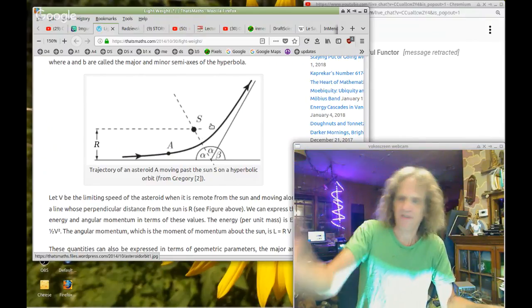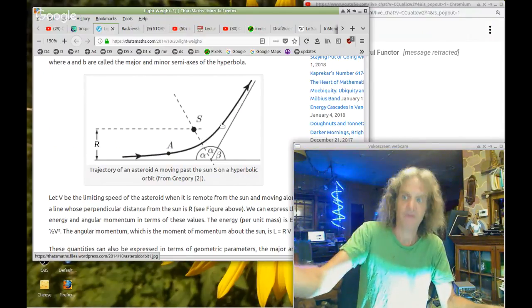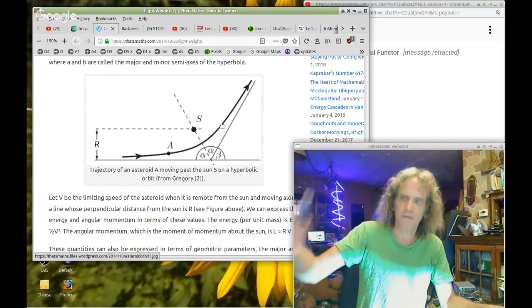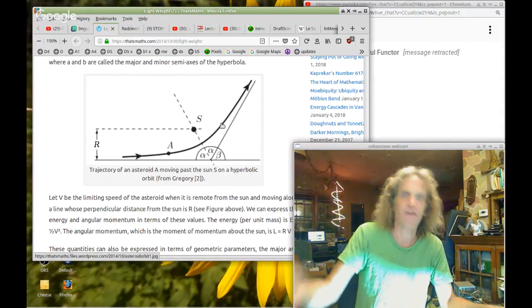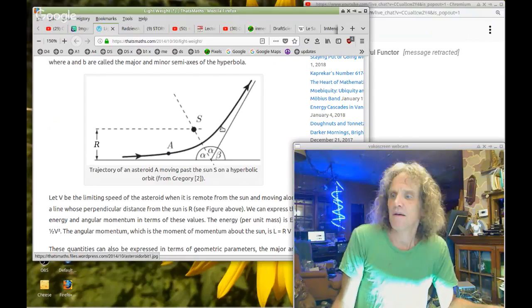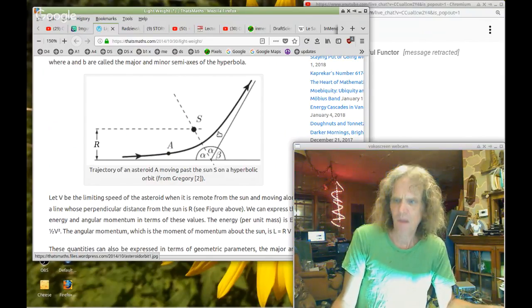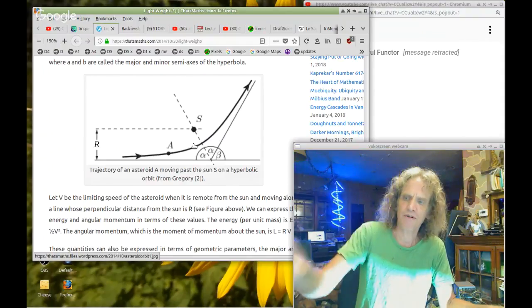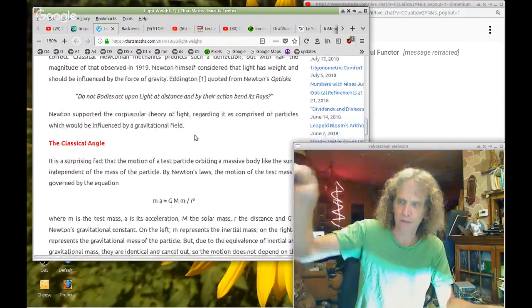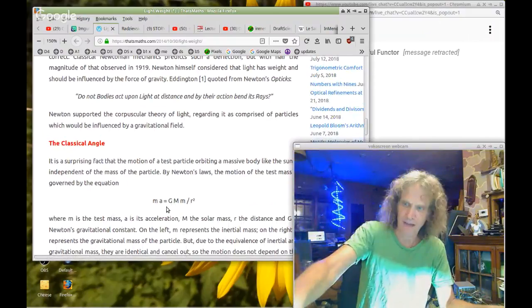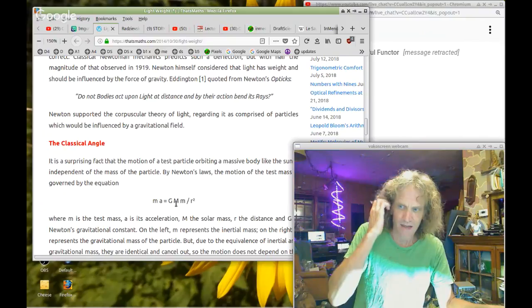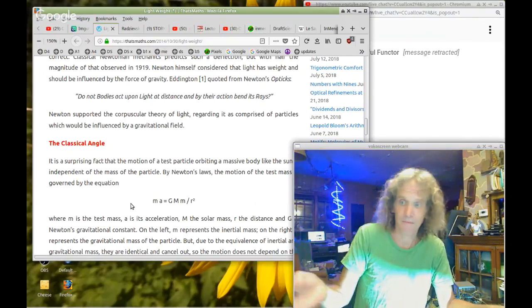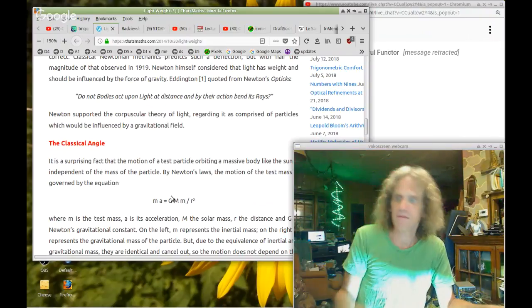Like for example, if they use a satellite, they always have to use a little bit of fuel to retard the progress of its change of direction, or the satellite will never get into an orbit. All right. So all they're doing is you take the original equation way up here with the R squared in it. So you have ma equals GM, and then you have mass over R squared. The masses cancel out because the mass of the test particle is irrelevant.